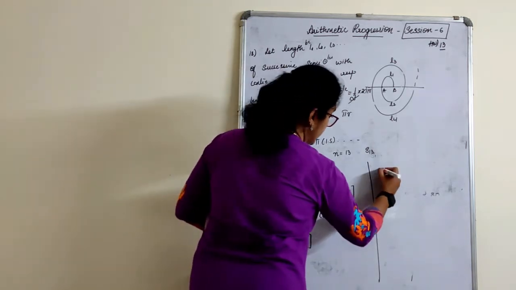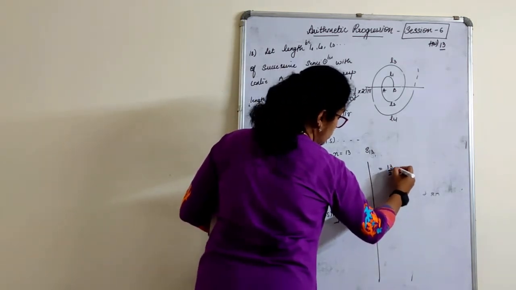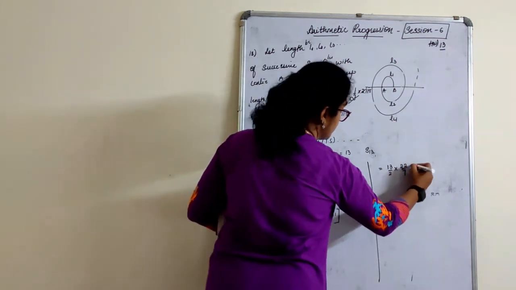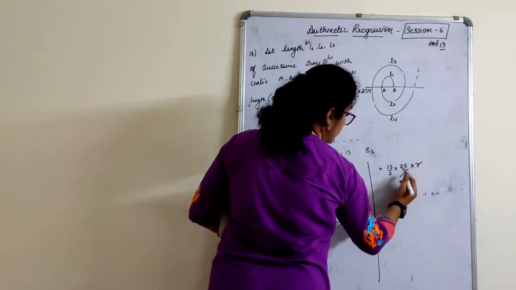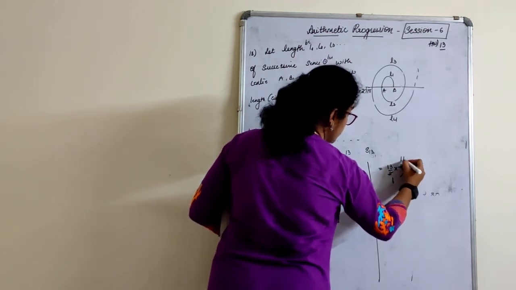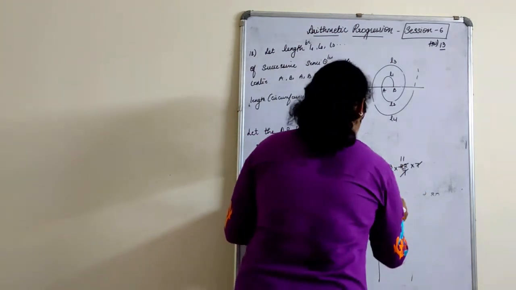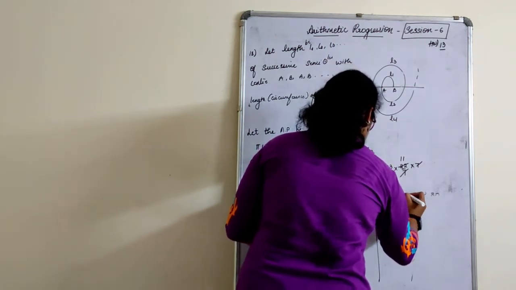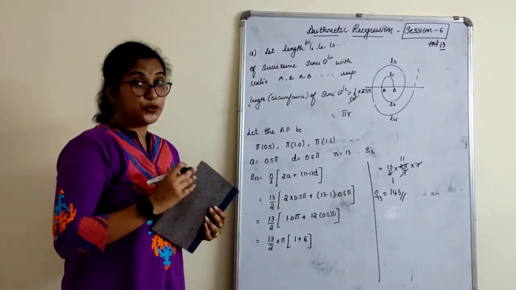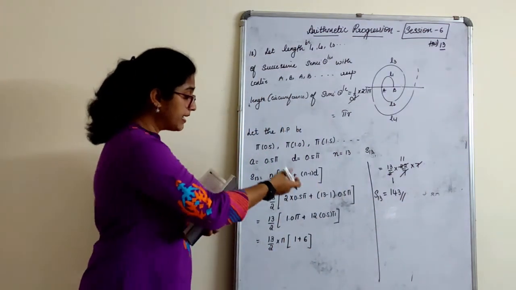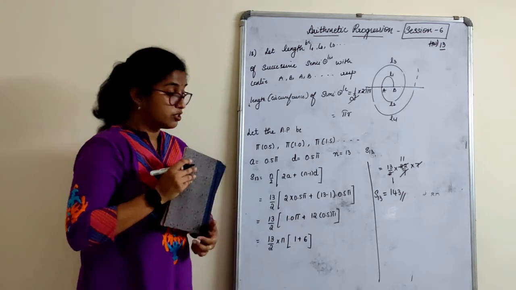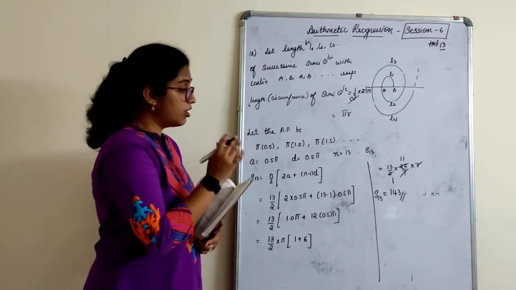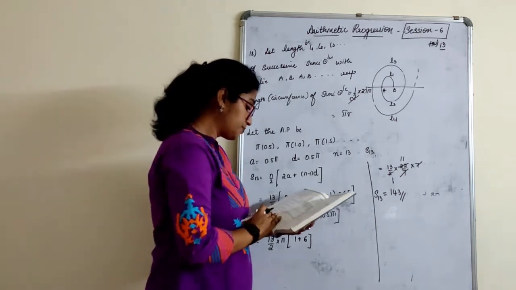13 by 2 into pi, which is nothing but 13 by 2 into 22 by 7, with 6 plus 1 is 7. Cancel. 2 ones are 2, 2 elevens are 22, so 11 into 13 will give you 143. See, the calculation is simple if you make it simple. If you go on writing the pi value here and here, it will be complicated. So rather take common. Whatever the best possibility, always try to take common and solve. 143 is the answer. Next one.